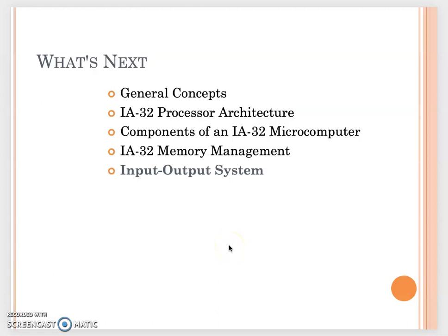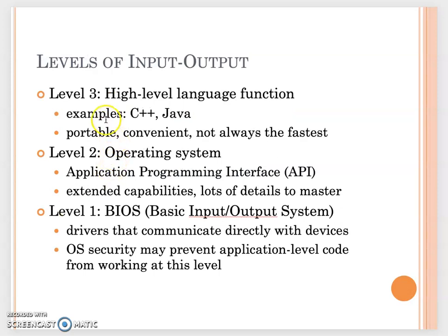In the last video from chapter 2, we really talk about combining everything we learned from chapter 1 and chapter 2. When we write a high-level language in the source file, like Java or C++, we get the user input. We run the program, then we display the output on the monitor. How does that really happen? In the input and output system, we can see we go over a couple